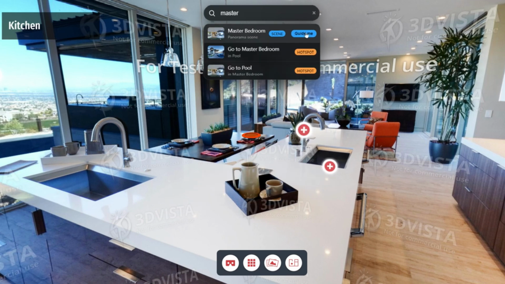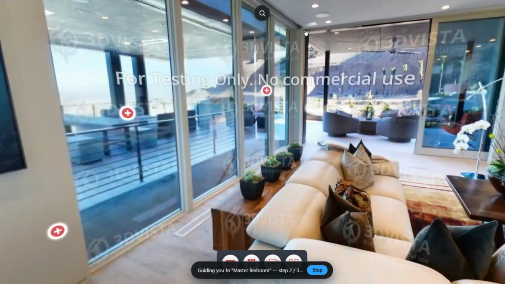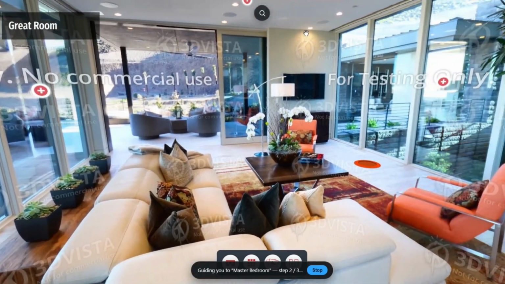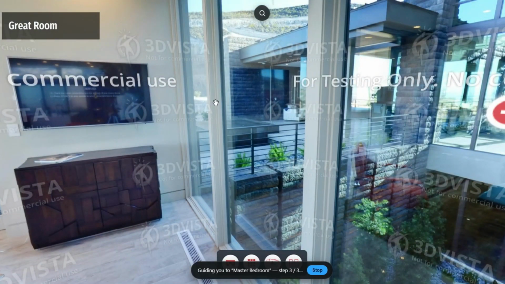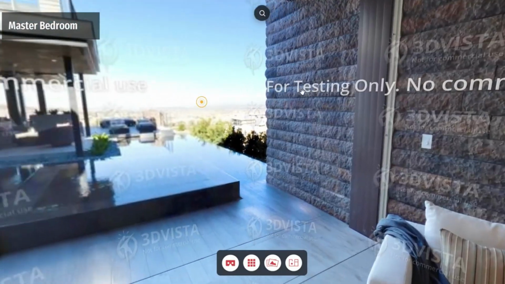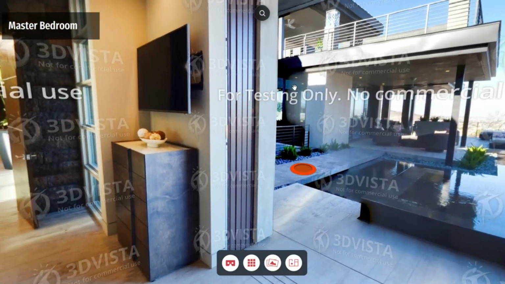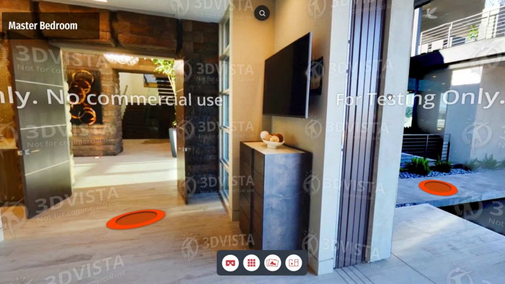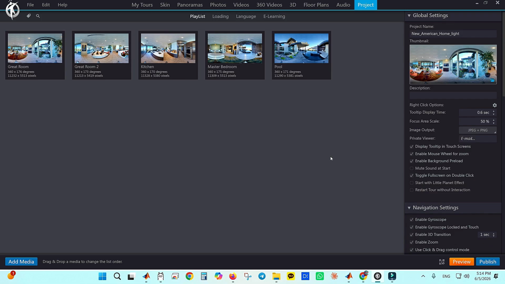But unfortunately, the 3D Vista software doesn't have these features. That means after you create and publish a virtual tour, you can't later search and find the specific element you're looking for. In fact, it doesn't provide you with search capabilities. So I have recently developed a specialized software tool that helps you add a comprehensive search element to your virtual tour even after you've already published it, so that your end user can easily and quickly search for specific locations